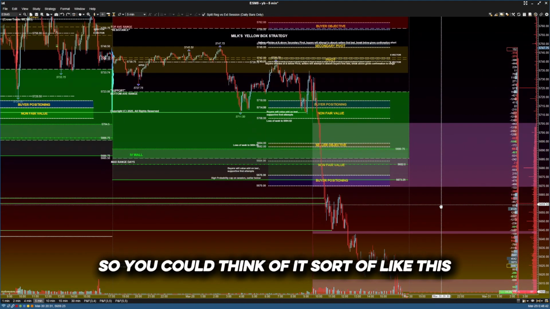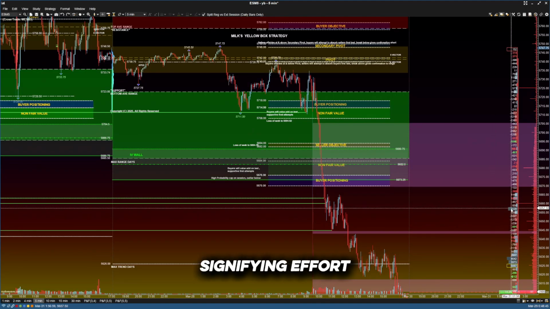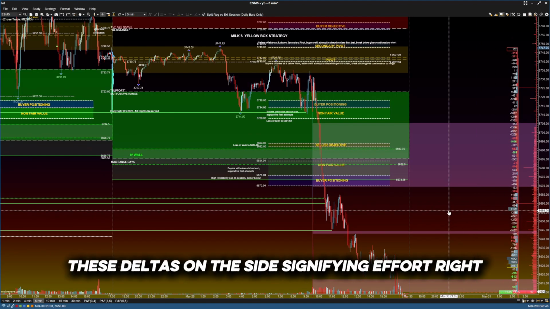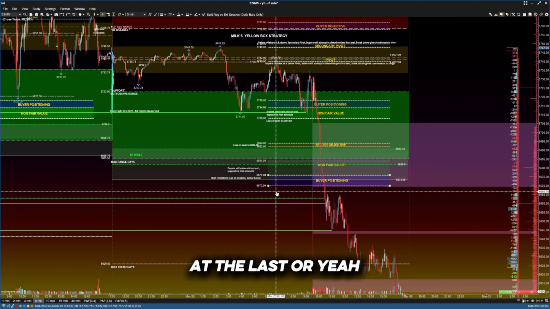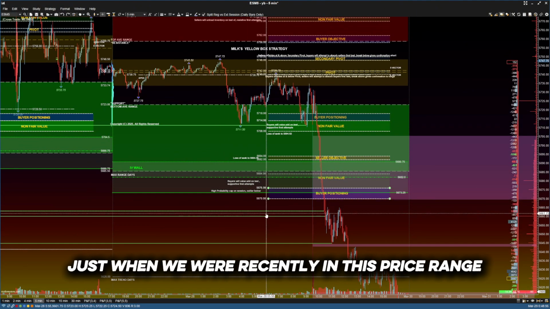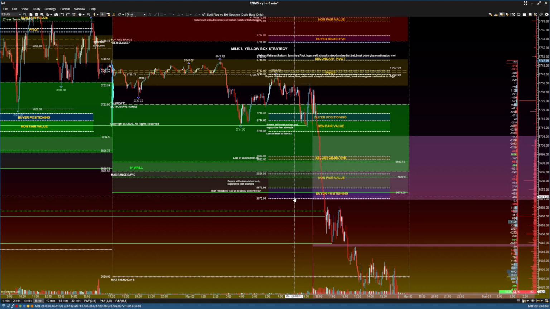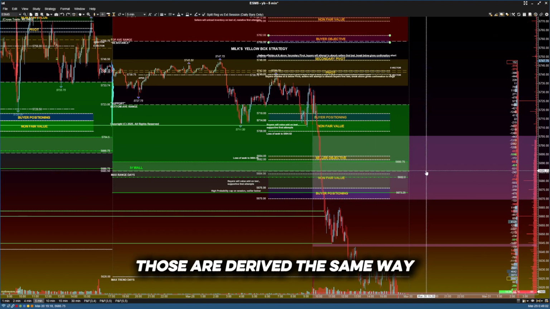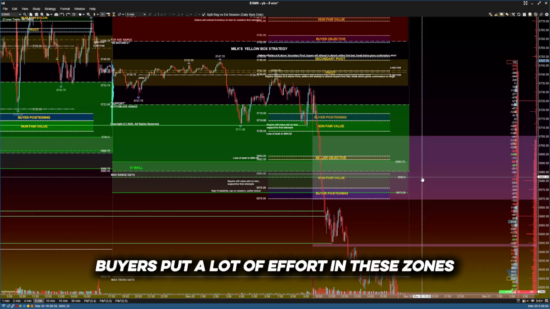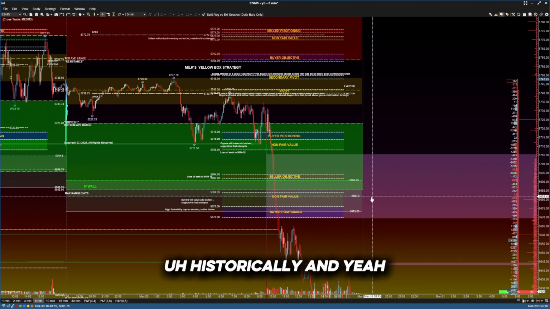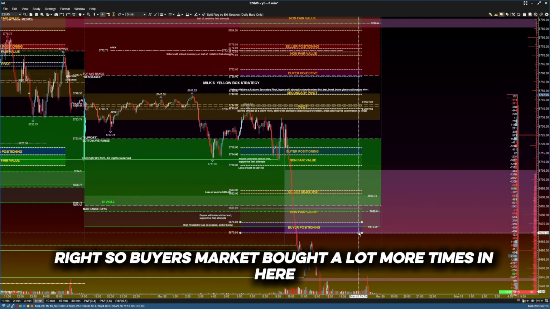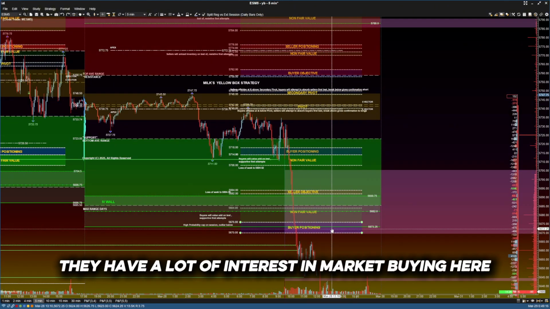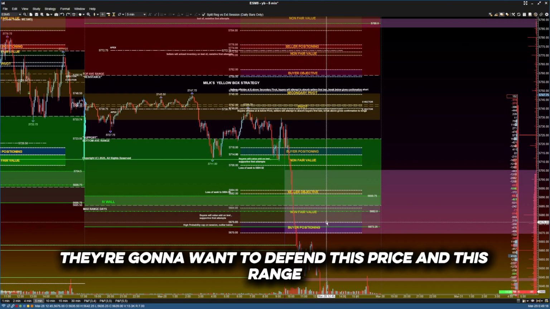So you could think of it sort of like this, these deltas on the side signifying effort, right? So we have tools that show us how much effort buyers put in historically, just when we were recently in this price range. So buyer positioning and buyer's objective, those are derived the same way. Buyers put a lot of effort in these zones historically. And why these are very significant is buyer positioning, right? So buyers market bought a lot more times in here. They have a lot of interest in market buying here. Therefore, they're going to want to defend this price and this range because